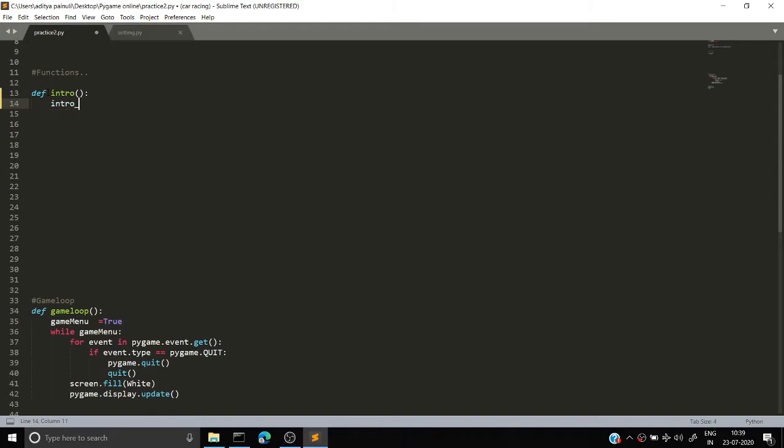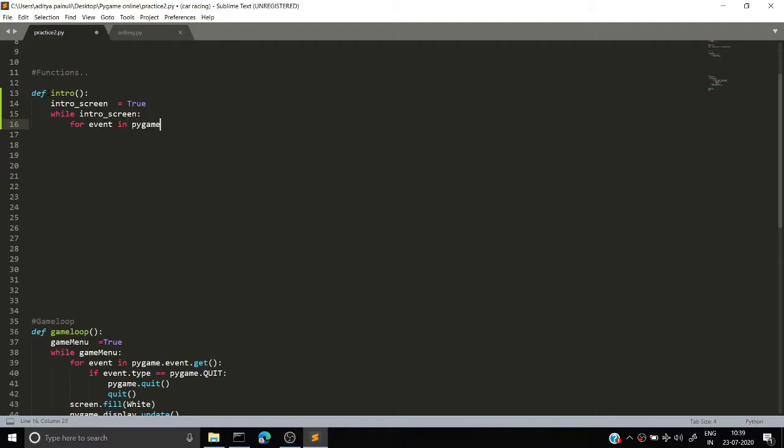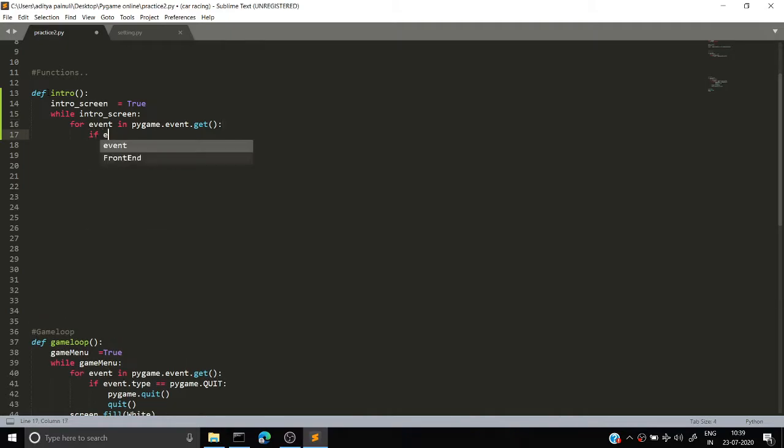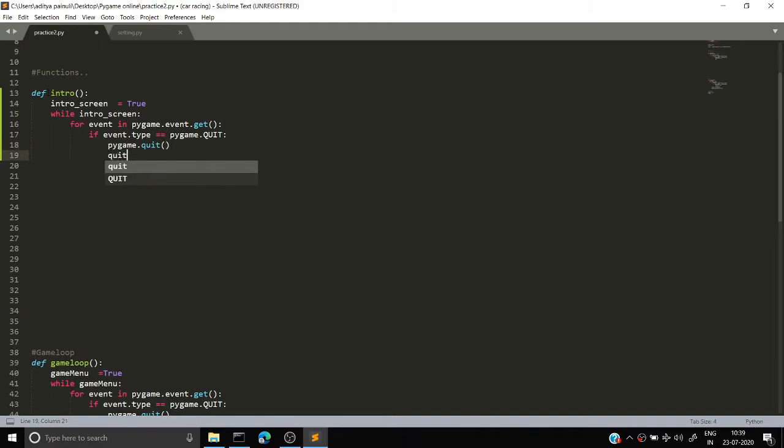I'm going to show you. You have to make another screen. So I'm going to make another screen here, and start the while intro screen loop. Then we write, like in our game loop, for event in pygame.event.get, if event.type equals pygame.QUIT, and I'm going to set here screen.fill